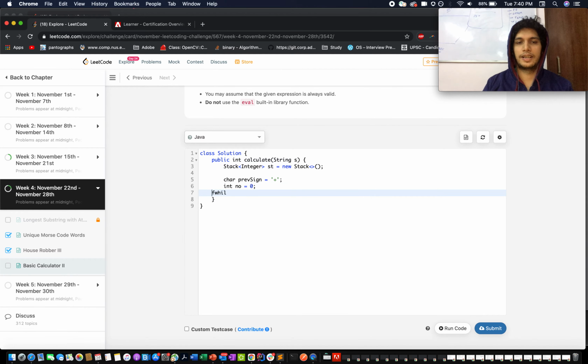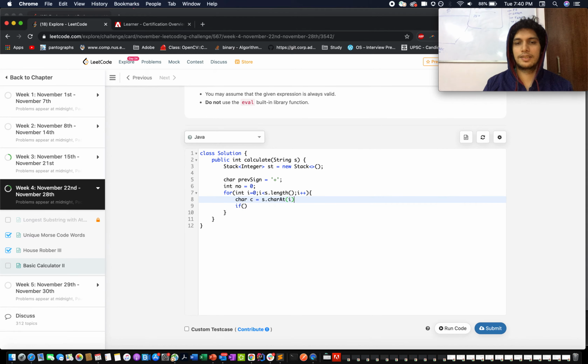And let's iterate through the string: integer i equals 0, i is less than s.length, i plus plus, and you will check. Let's extract the first character, char c equals s.charAt(i),